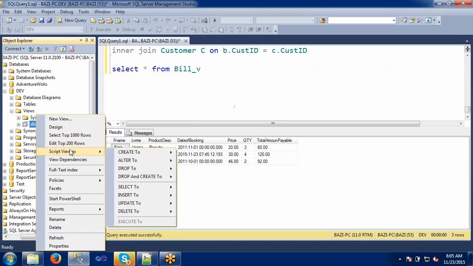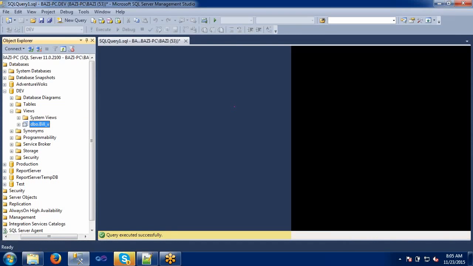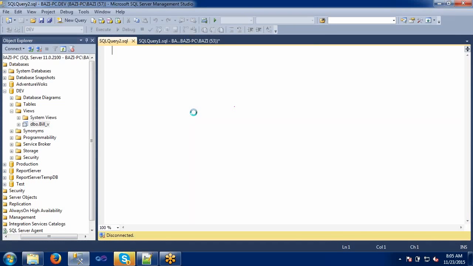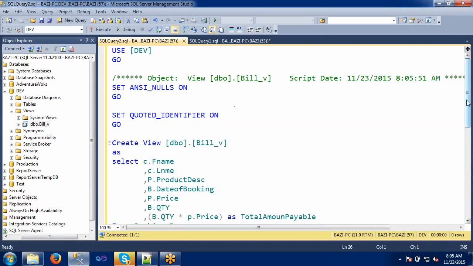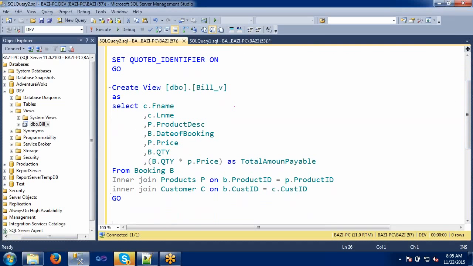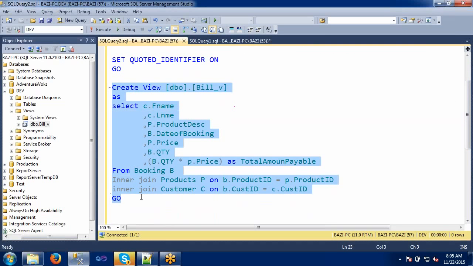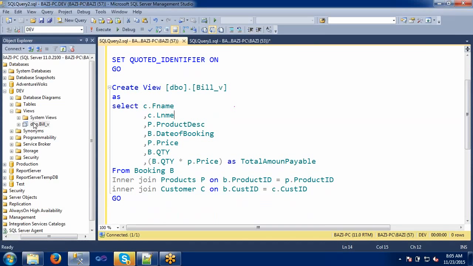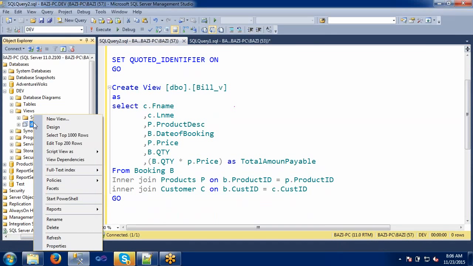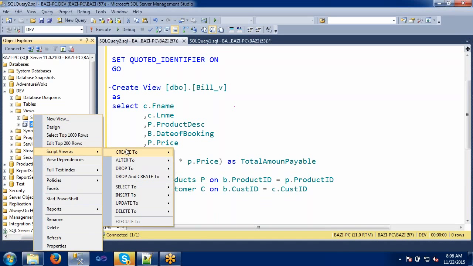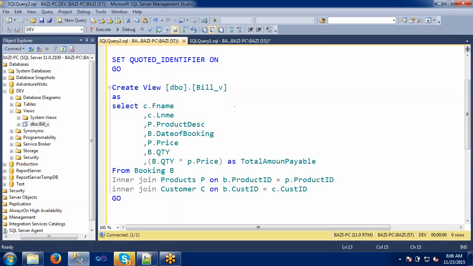Let's see the create syntax of this. Now you can easily understand. I'm just opening this script to see how this view was created. Then only you can understand how this view was built and from which column, from which table it is coming.